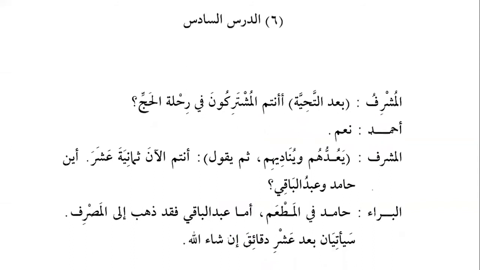Now we can start our lesson, ad-darsu as-sadisu, lesson number 6. Hadha ad-darsu as-sadisu, this is lesson number 6. Al-mushrifu, the supervisor. Now we know that al-mushrifu is also ismul fa'il, the doer, but it is not on the pattern of fa'ilun. Why? Because it is the mazid fi form of the verb, not the basic form. It does not have 3 root letters, it has 4 root letters, so that's why it will be mushrifu.